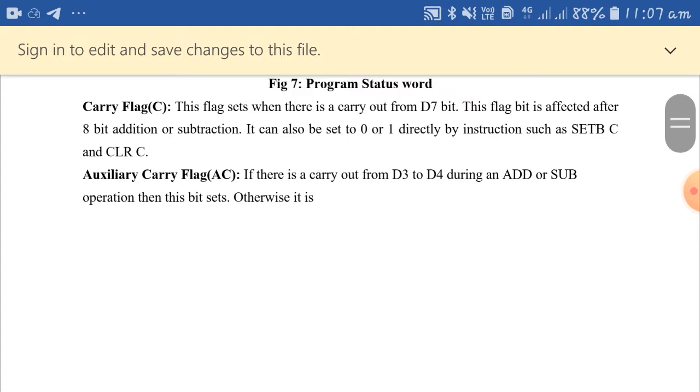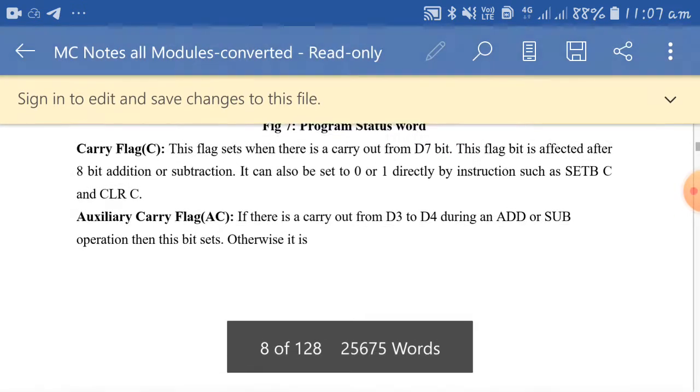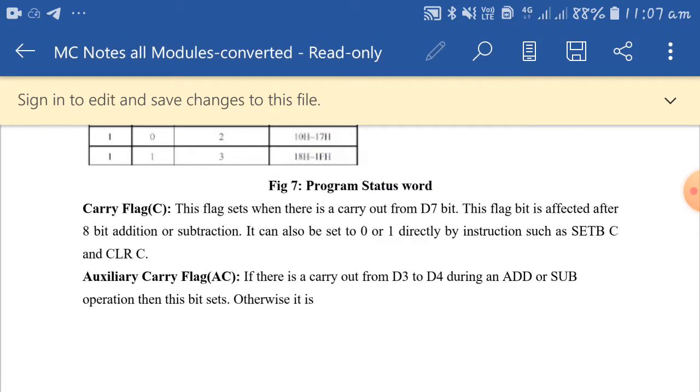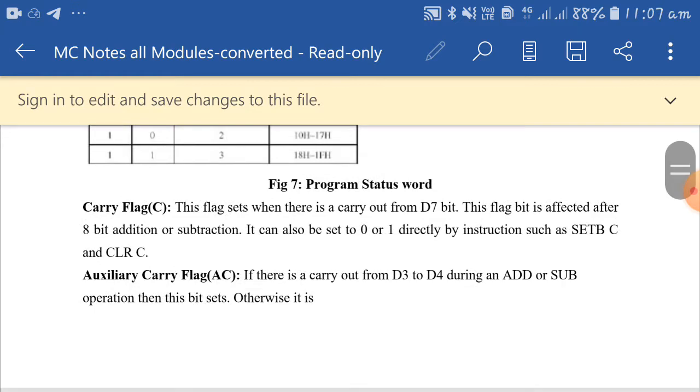Auxiliary carry is set if there is a carry from the lower nibble to the higher nibble, that is, a carry from D3 to D4 during addition and subtraction operations. Otherwise it is cleared, or by using bit instructions you can clear this bit position of PSW using CLR PSW.6.